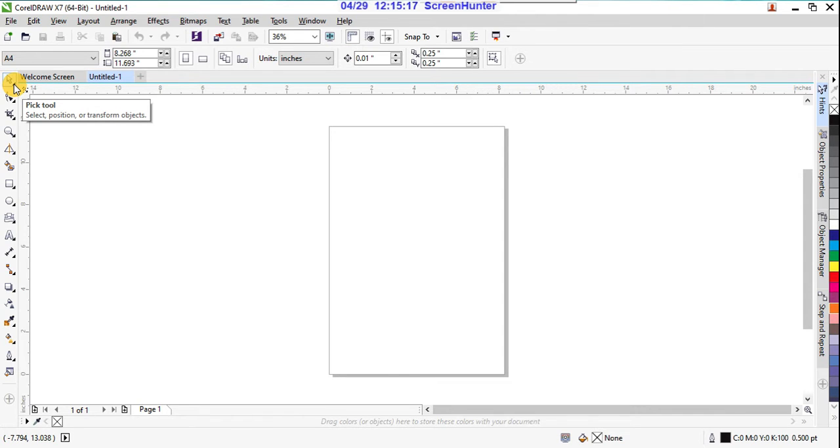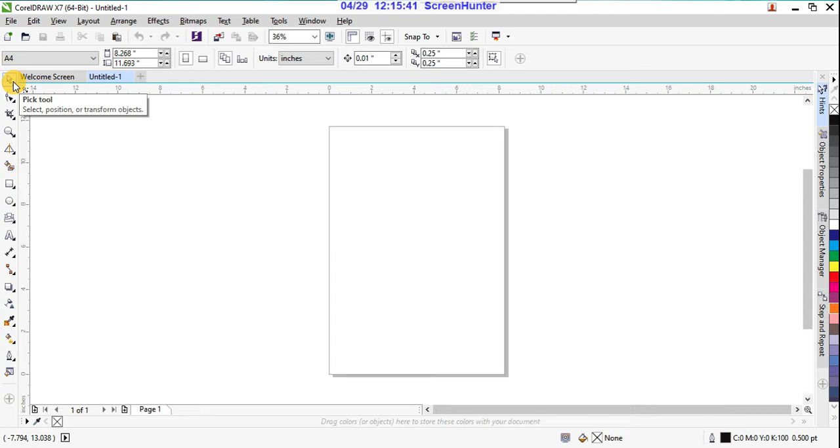You keep your left mouse cursor there, click and check. There are three types of tools: the pick tool, freehand pick, and free transform pick. These three tools. Suppose see a pick tool, what it can do, how it can work.